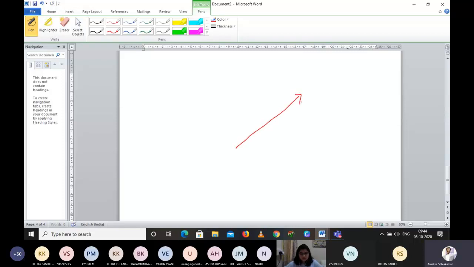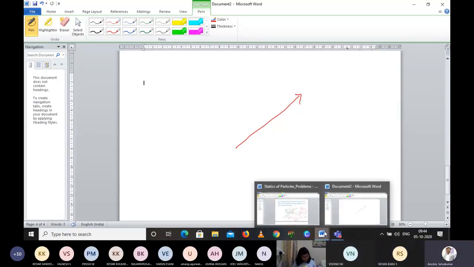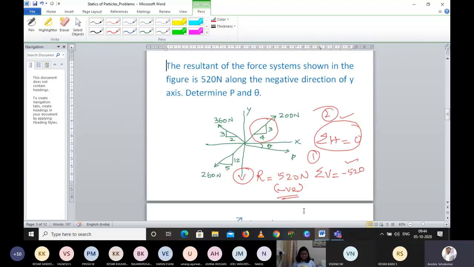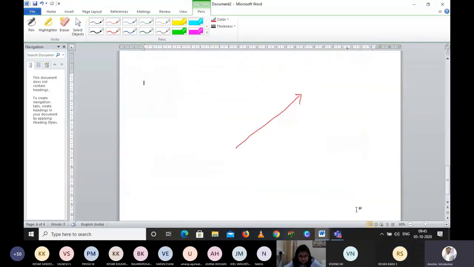Regan, this is the force that is given, right? What is the value? Sir, can you please show the question? Okay, all of you please take it down. Tell me now, what is the value of this force? 200 Newton, sir. Okay, fine. What is the slope they have given? Vertical 3 and horizontal 4.